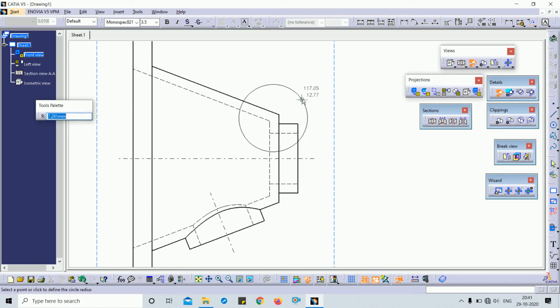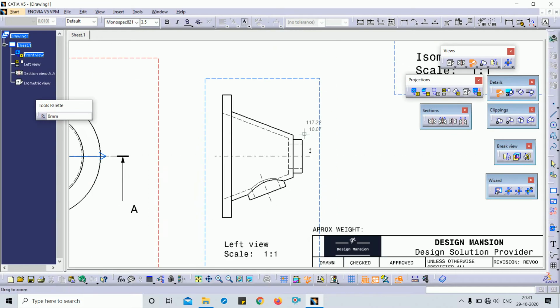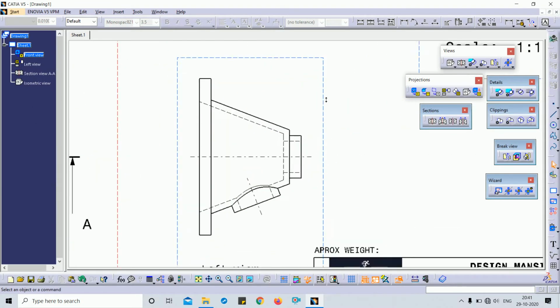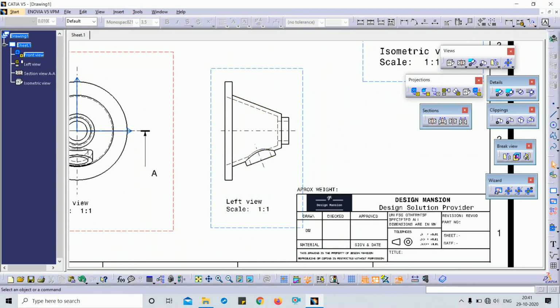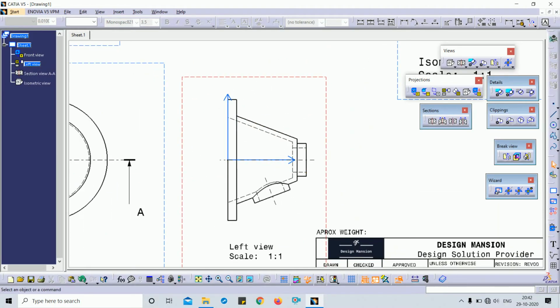I just wanted the detail of that particular section, but before that I have to select this view by double clicking. So now this view is active.